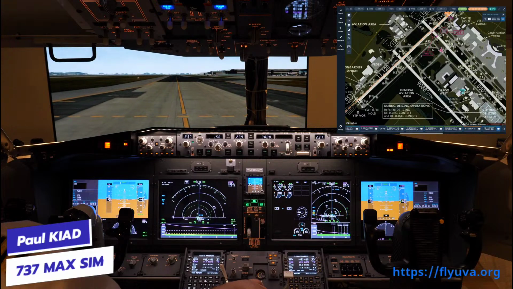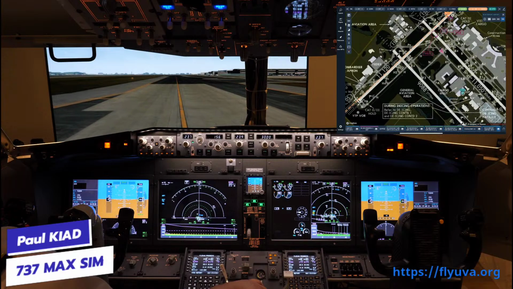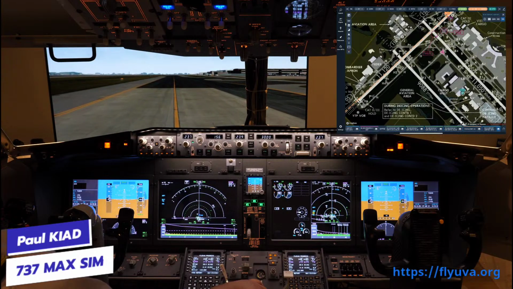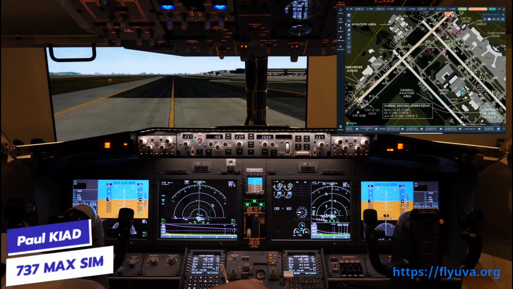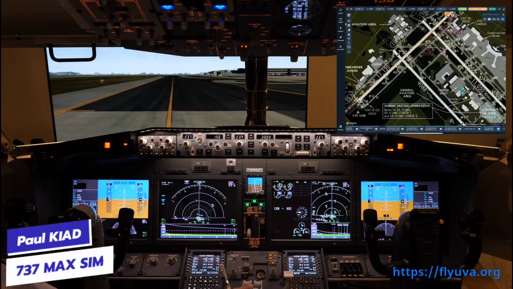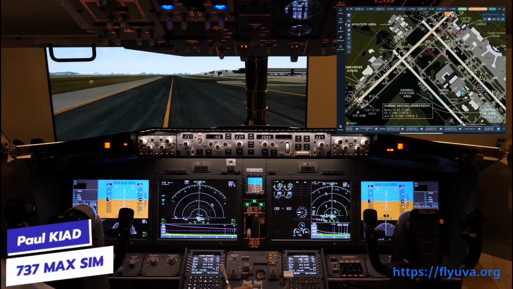Okay guys, well we made it. Jazz 786, you are cleared to Washington Airport via the Regis 5 departure. Flight plan route. Depart runway 23, squawk 6206. Cleared to Delta Charlie Alpha, the Regis 5 is the departure, maintain